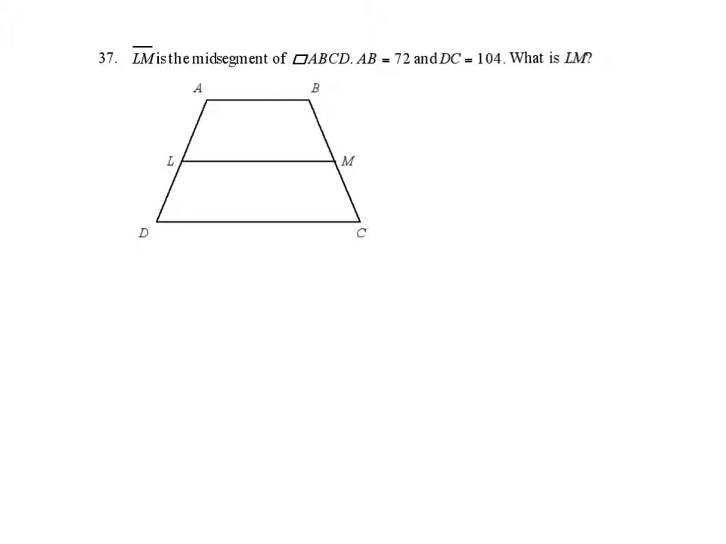The last one says LM is the mid-segment of parallelogram, well, quadrilateral ABCD. AB is 72. DC is 104, and they want us to find LM. So this is like our X. Remember, your mid-segment or your median